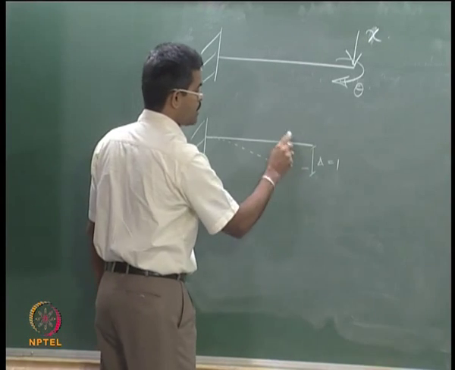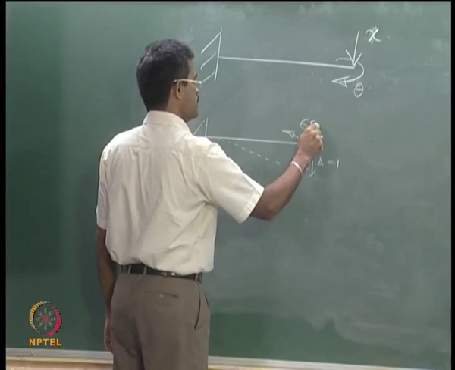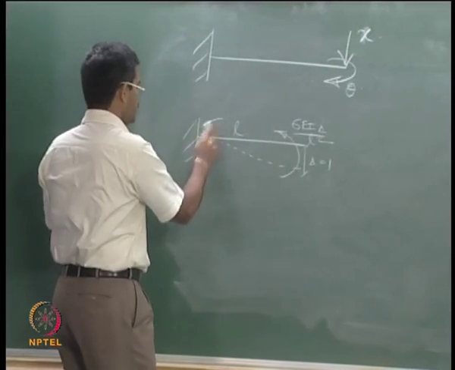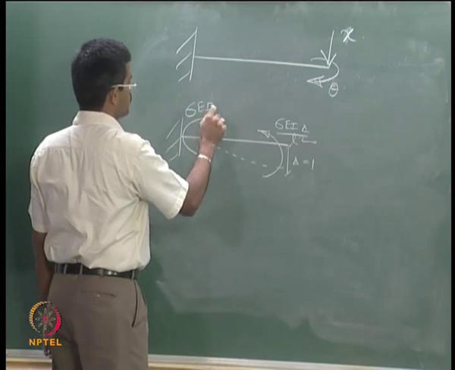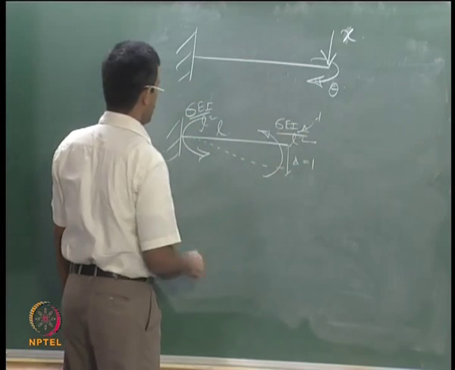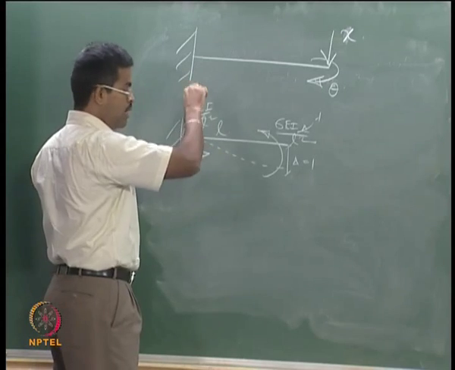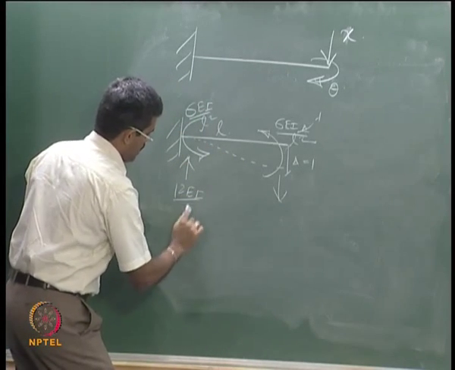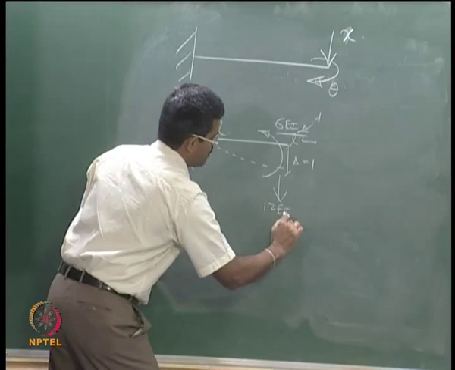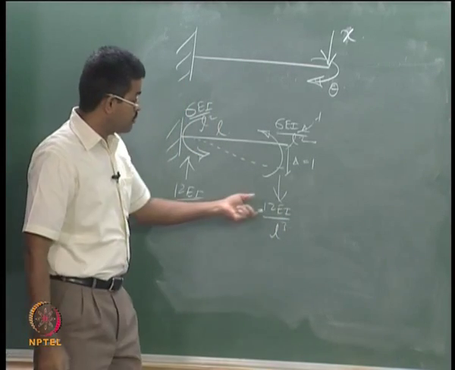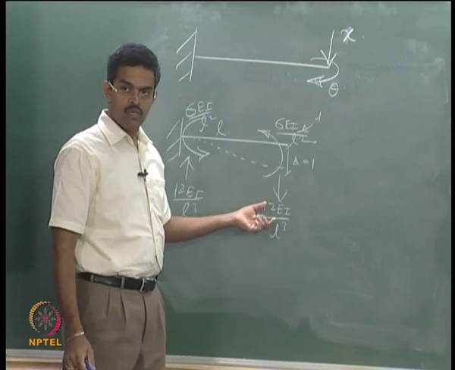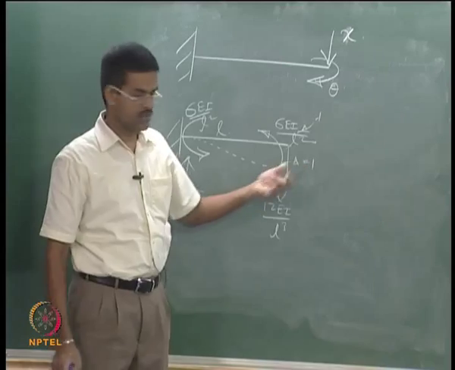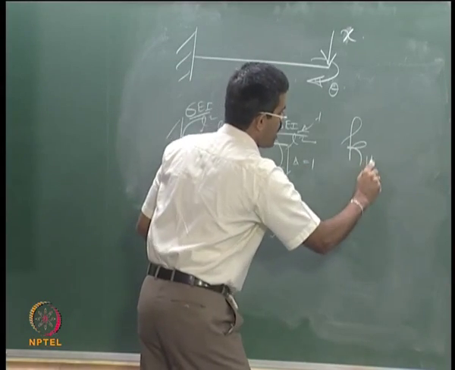So, if this is delta, this will be 6EIδ/L², where this is my L, and this is also 6EIδ/L², delta is unity. So, there is a total moment of 12. So, I get a couple which is 12EI/L³, 12EI/L³. This is the force which is responsible to cause unit displacement in the x direction. So, I should say K11.